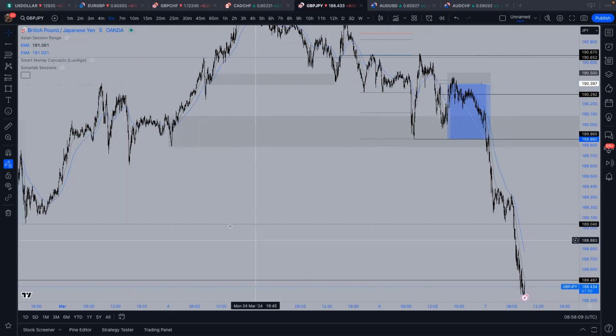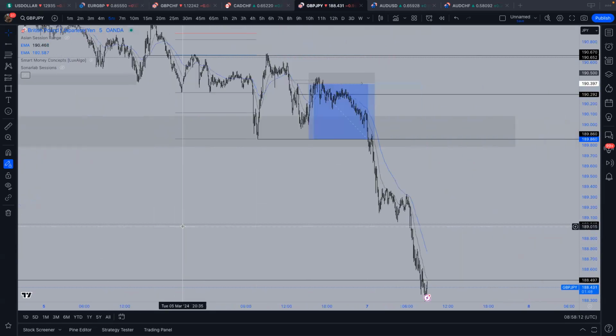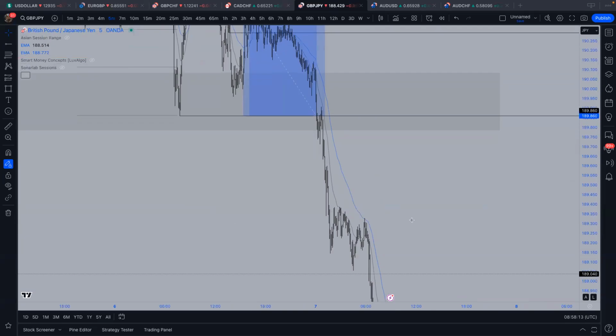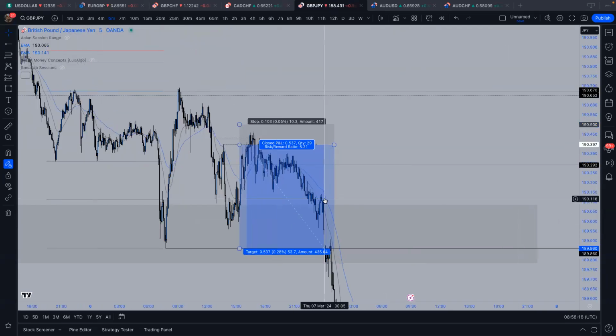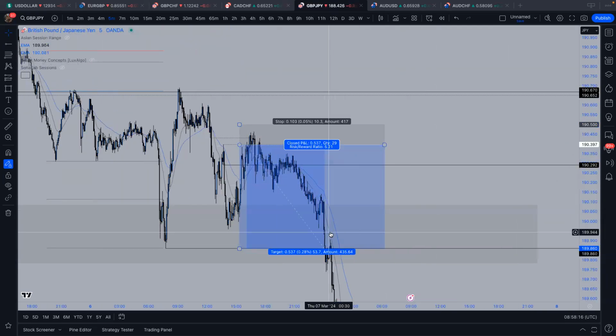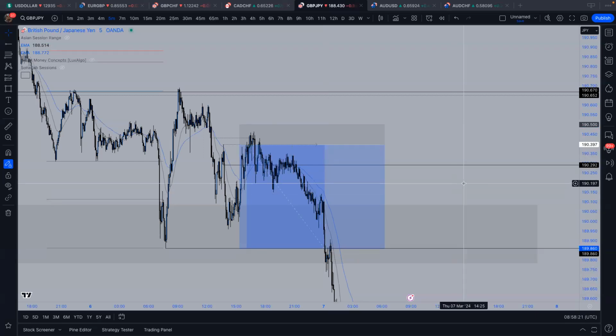Obviously, it would have been nice had we held it, but I'm not going to say that I did because I didn't. Potential shorts were always on the table, coming back down to this low. So in hindsight, probably could have held it. But 5R, I'm not going to complain. That was a really nice trade to wake up to profits in the morning. When did that hit? That hit basically 12 a.m. or 12 p.m.